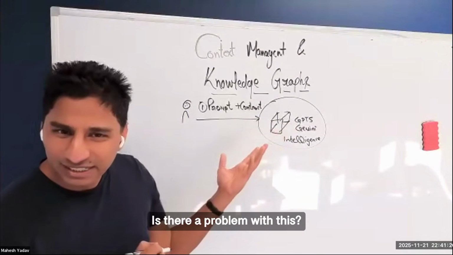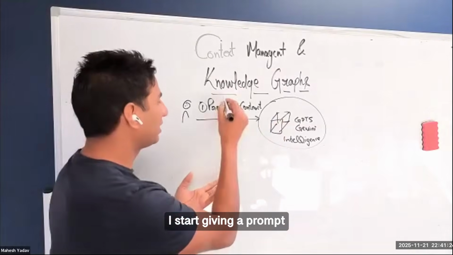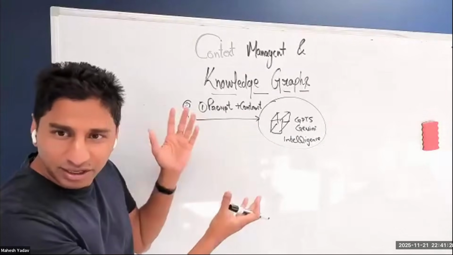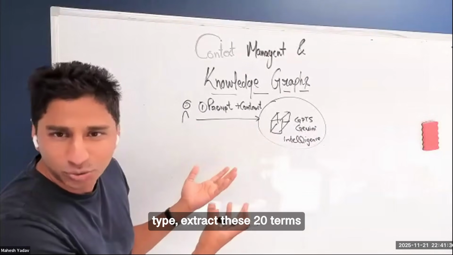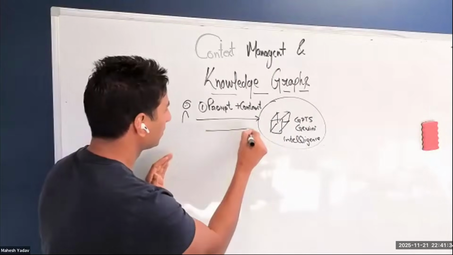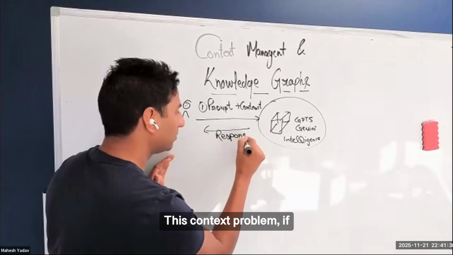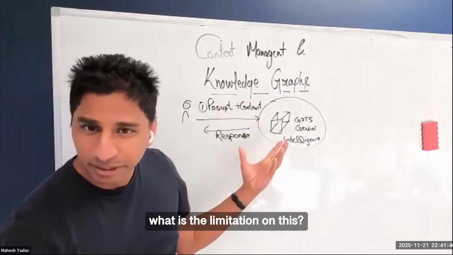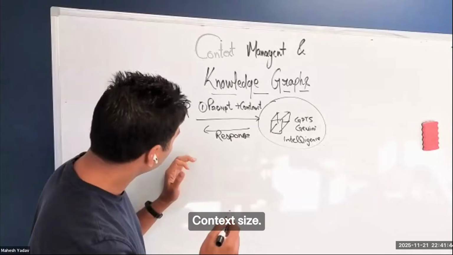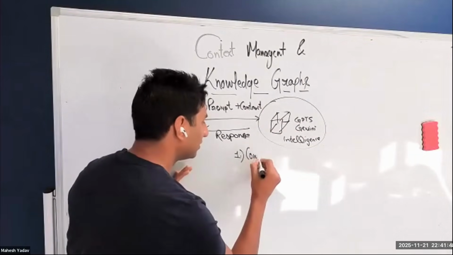Is there a problem with this? Will this ever fail? I start giving a prompt saying you are a lawyer, you're the best lawyer, give me key terms based on the contract type, extract these 20 terms and their values from this contract. I will get a response. Life will be happy. Will it fail anytime? This context problem, if I put it in production, what is the limitation on this? The knowledge base. Context size. Great, whoever said context size, because